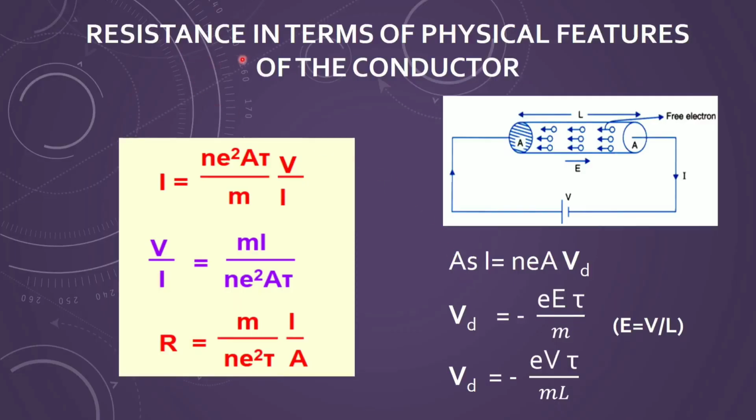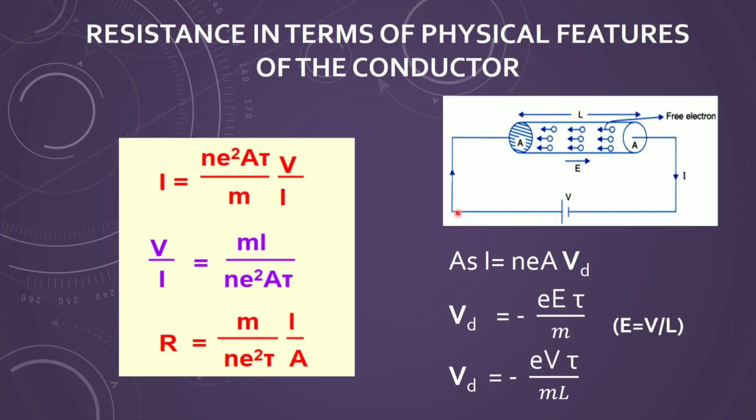Now, if I want to write Ohm's law in reference to the basic laws which we studied in the previous class about drift velocity, there, when I take a conductor, suppose L is the length of the conductor and E is of course the direction of the electric field, when this potential difference is applied with the help of the cell, then the positive terminal is the bigger line, and the negative terminal is the smaller line.